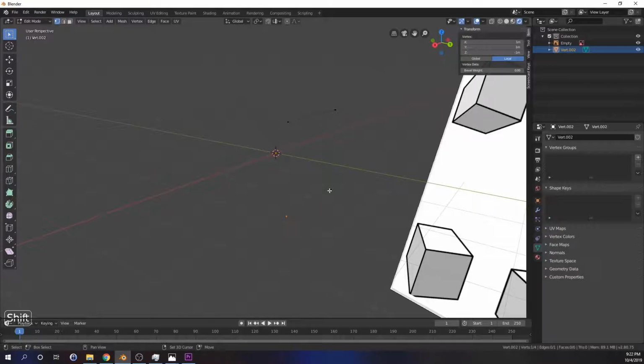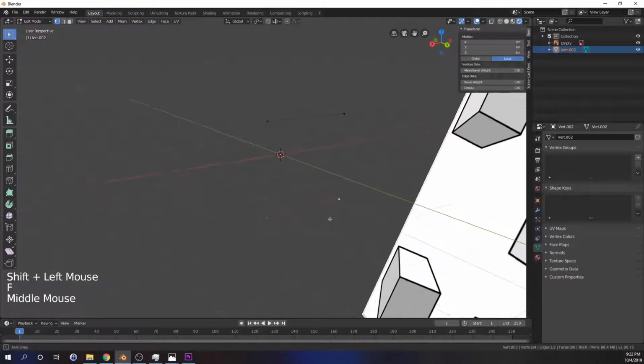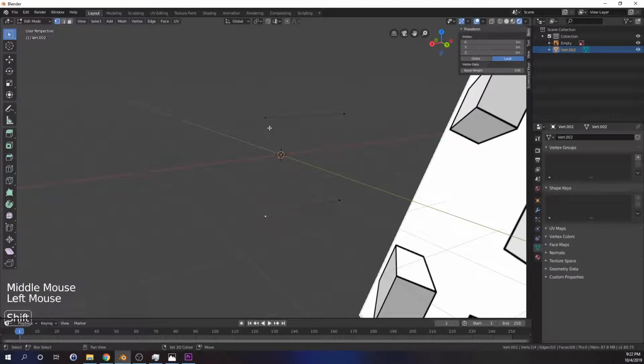So I'm going to go ahead and shift click on this, hit F, and that gives us an edge there. I'm going to click there, and then I'm going to hit F there, and I'm going to click on this one, and then shift click there, and then F. Boom. Now, since we already have 2 of these selected, I vote that we just go ahead and click these 2 guys, and then now we have a